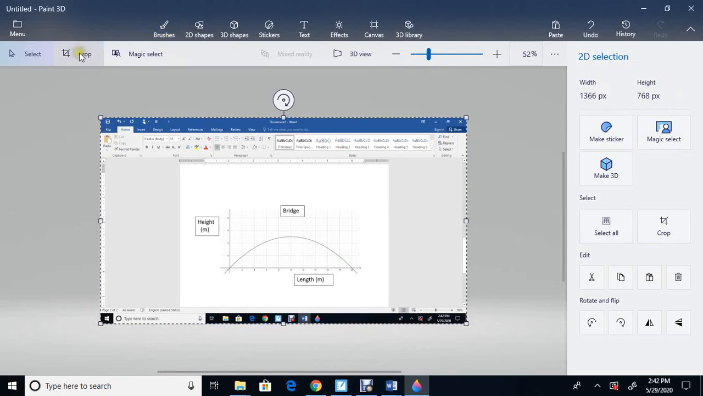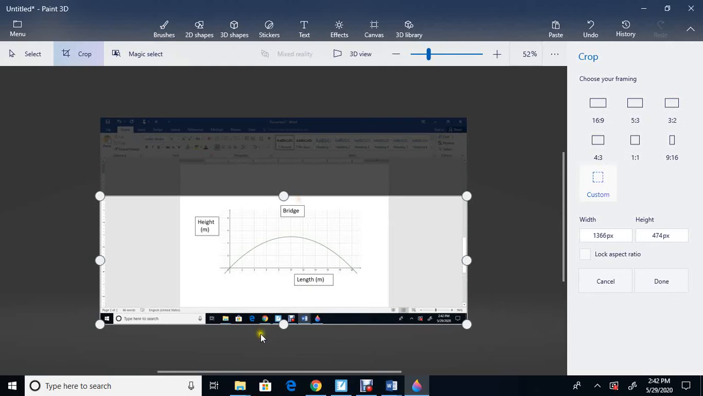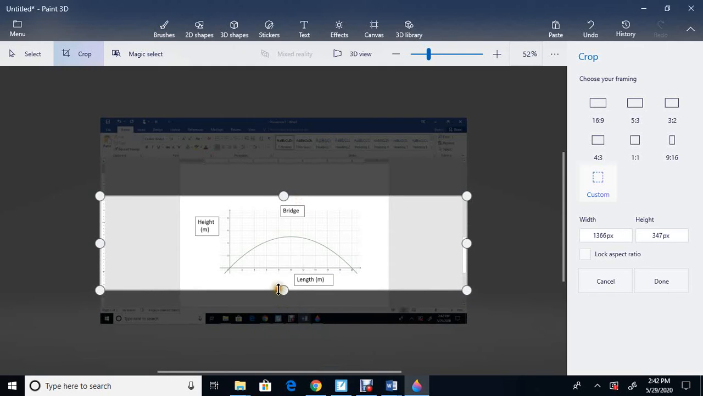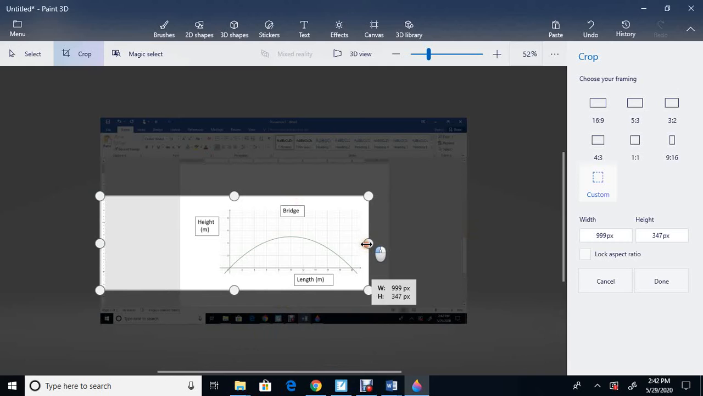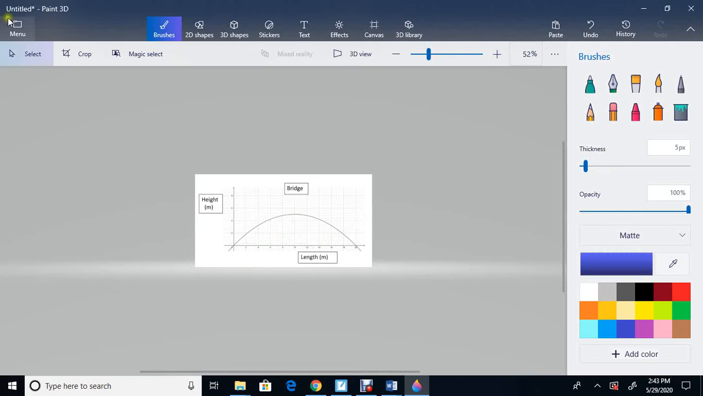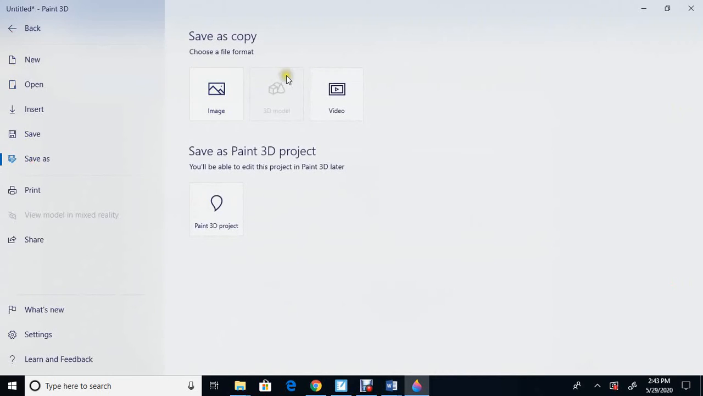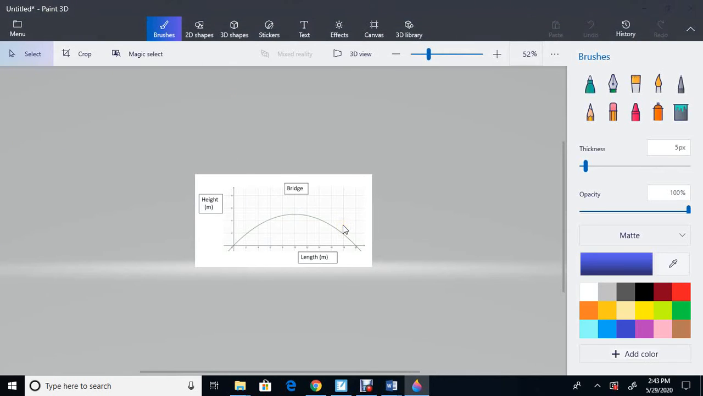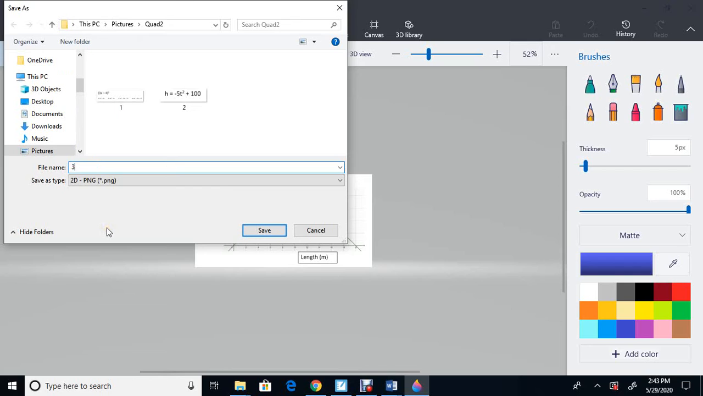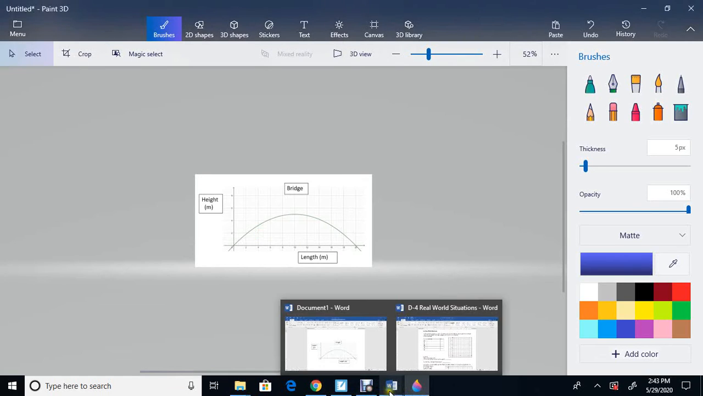Okay, crop this. So I crop my nice little diagram I created. And I am done. There's my diagram, and then I save it. So I go menu here, save as, image, and this particular one is number 3. So save it as 3. And I'll go back